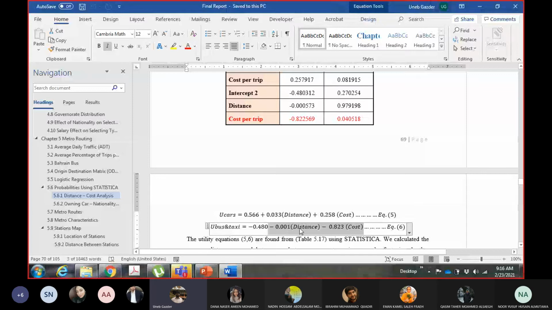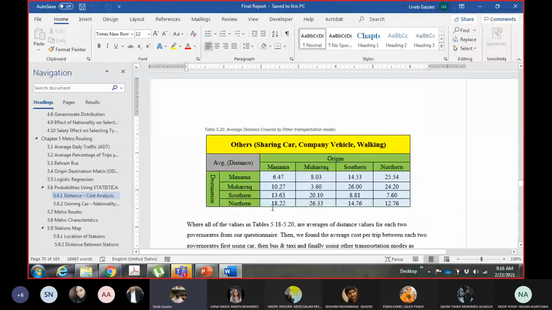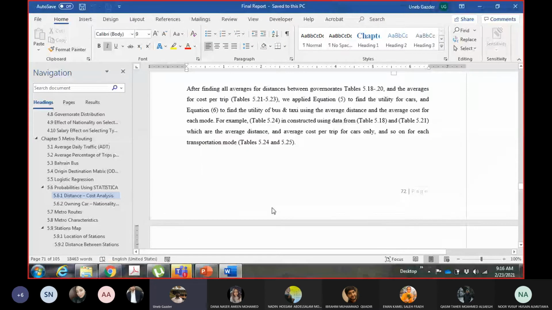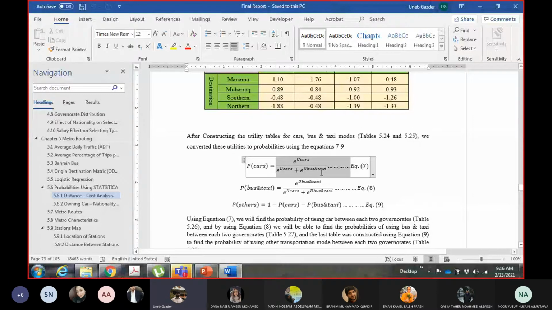This is like the regression equation which you already know, y equals mx plus b, right? So this is b, and then we have two values of x. So this is a more complicated regression equation. And why do we call it logistic? Because in the end you put these equations in this function. Sorry, this is the logistic function. So that's why we call it logistic regression, because you are developing regression equations as utility functions, and then you put them in the logistic function.